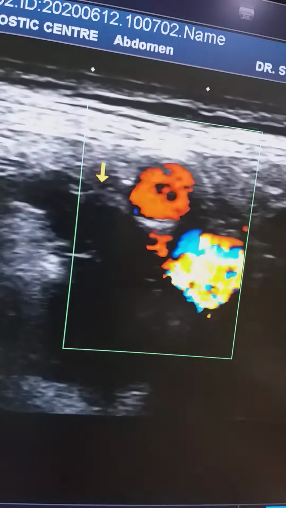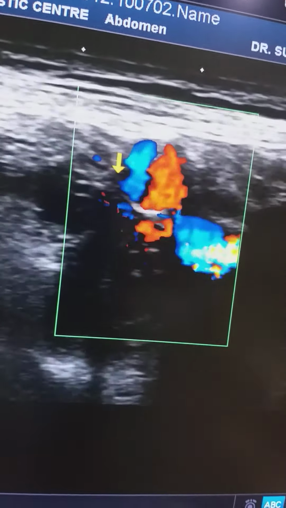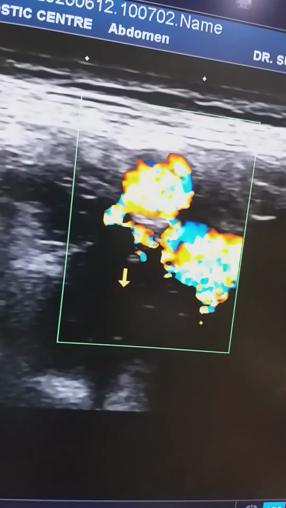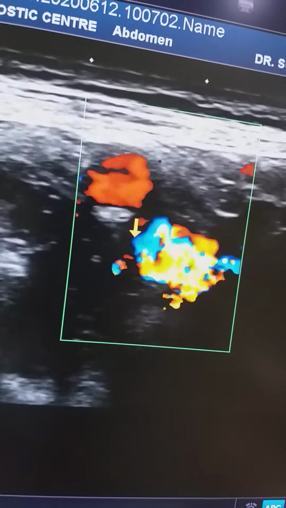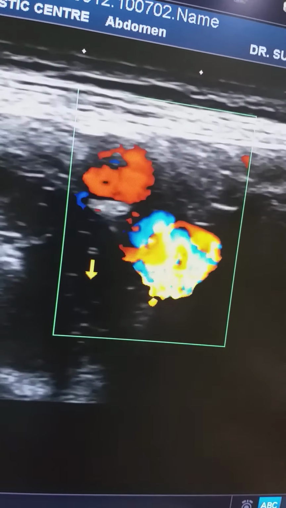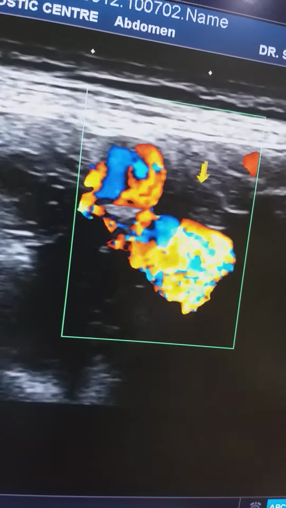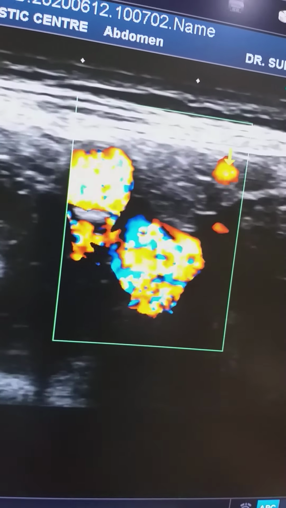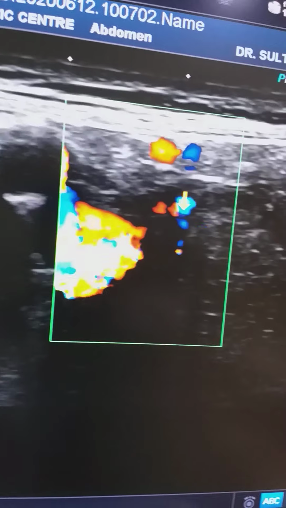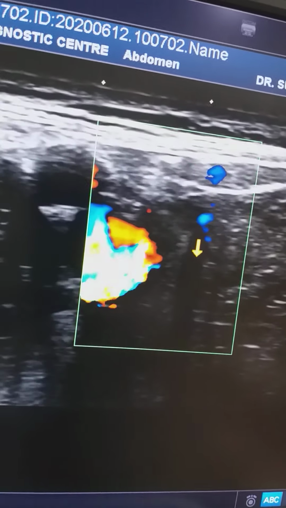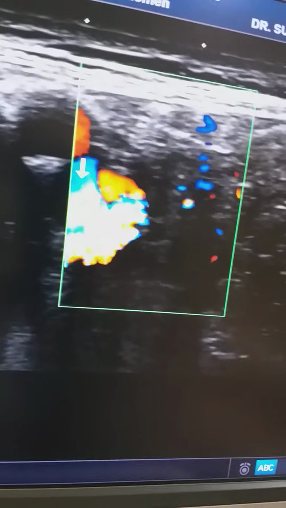What is the deep ring? It is the defect in the fascia transversalis. So when we ask for the Valsalva maneuver, the indirect hernia will occur just lateral to the inferior epigastric artery. And the direct hernia occurs medial to it, which is a defect in the anterior abdominal wall, not through the deep ring.